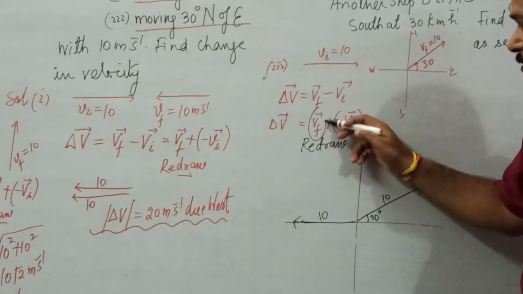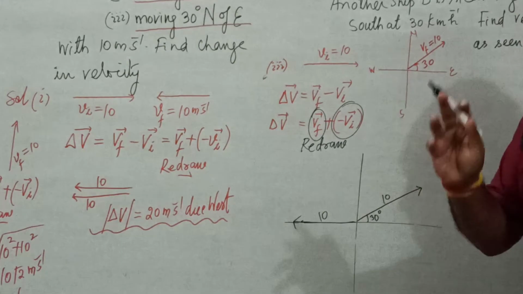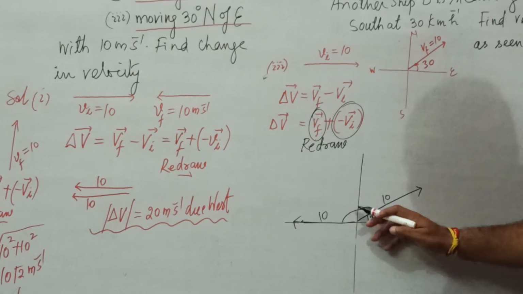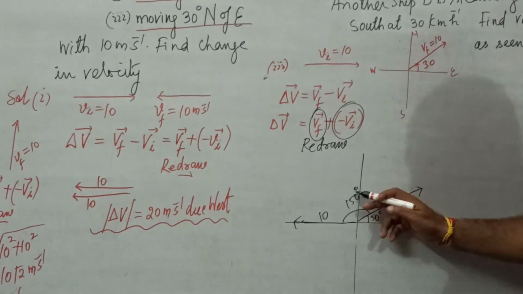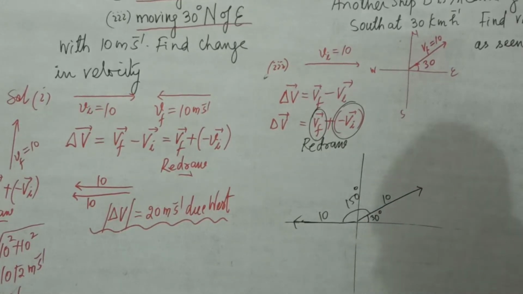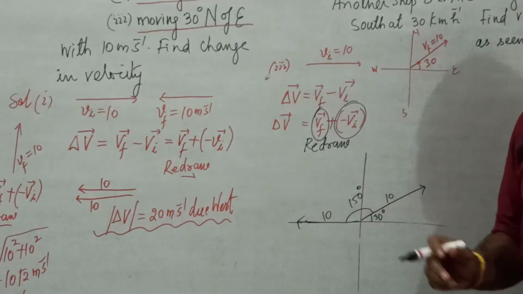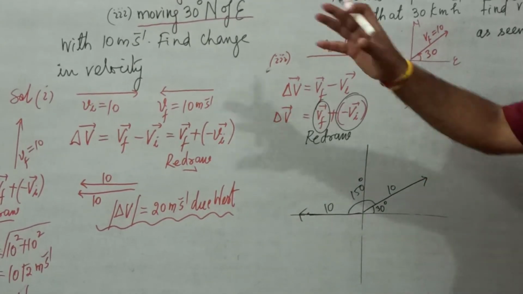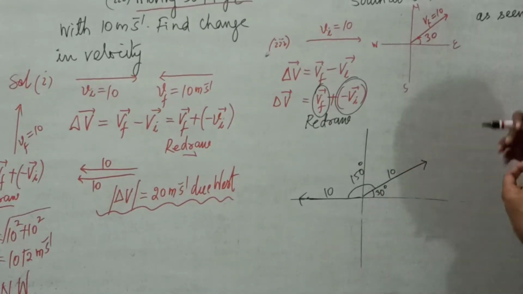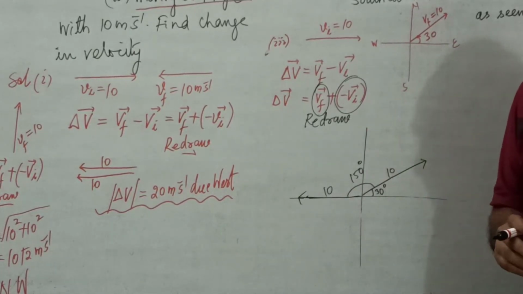These are two vectors which are to be added. Their magnitude is 10 each. And what is the angle between them? The angle between them is 150 degree. So can we find the sum of these two vectors which are 150 degree apart? Of course we can. There are a number of ways you can find the sum. You can use the general formula for addition of two vectors, both for direction as well as magnitude. You can do it by the resolution method. You can also do it by the position vector method. So there are multiple ways you can find the sum of two vectors.